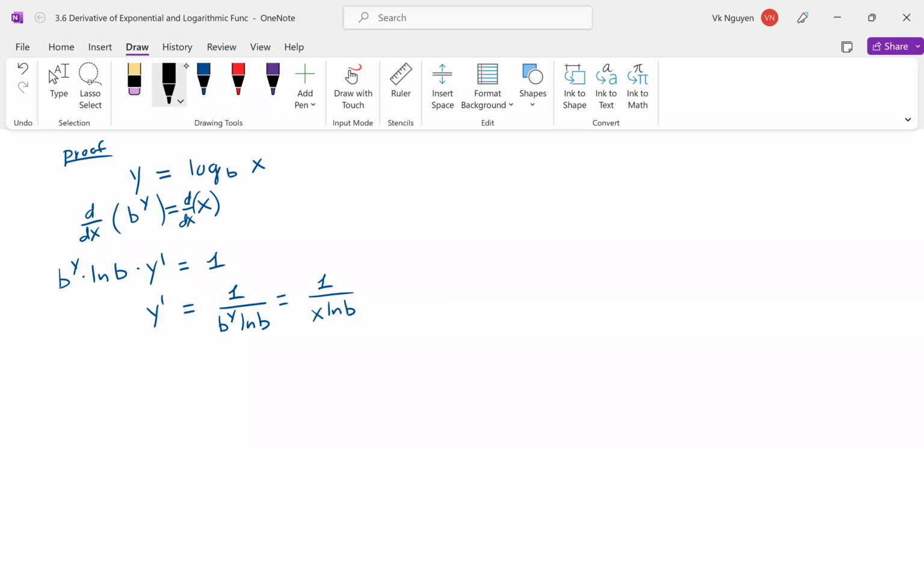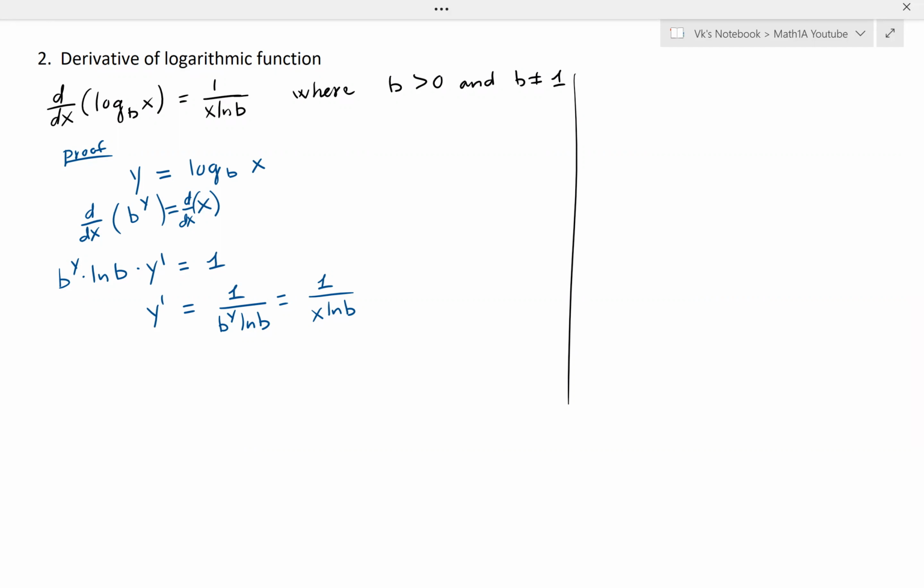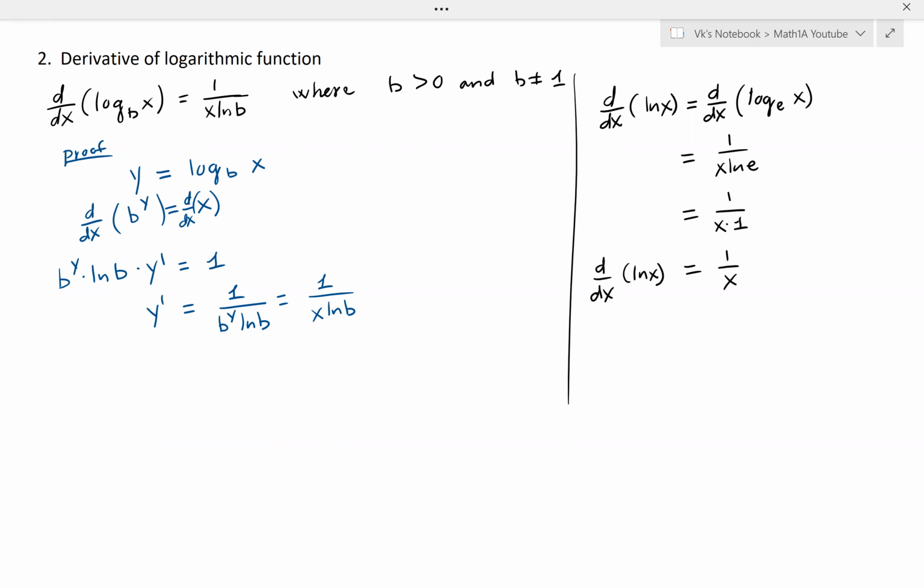There is a pretty cool derivative, and that is if we set the base to be e, then we have the derivative with respect to x of ln(x), which is the same as the derivative with respect to x of log base e of x, and that is 1 over x ln e, which is 1 over x times 1, and that is exactly 1 over x. So now we have a cool formula that we can use. The derivative with respect to x of ln(x) is 1 over x,